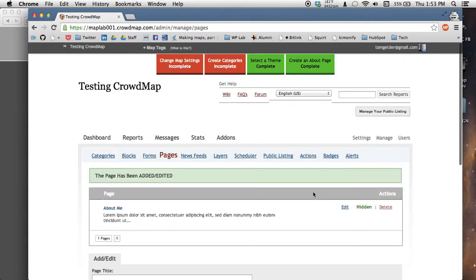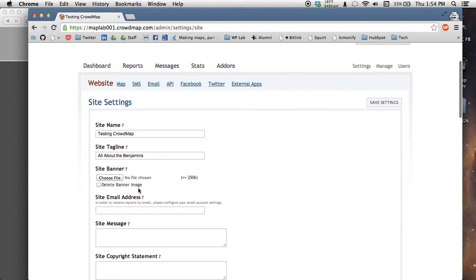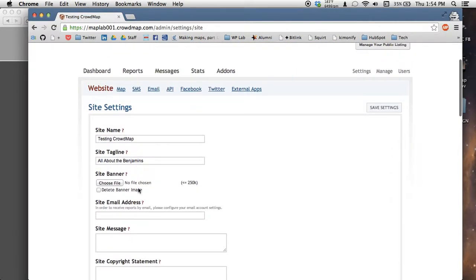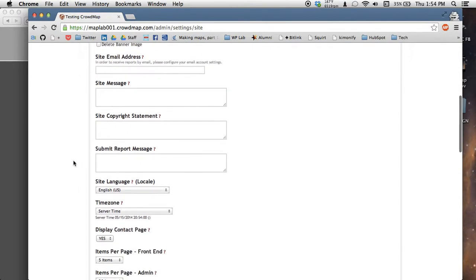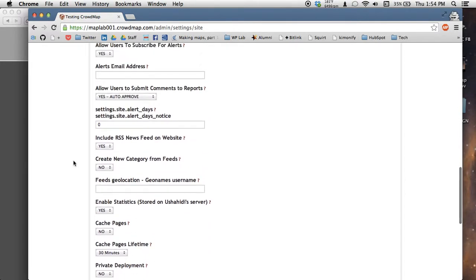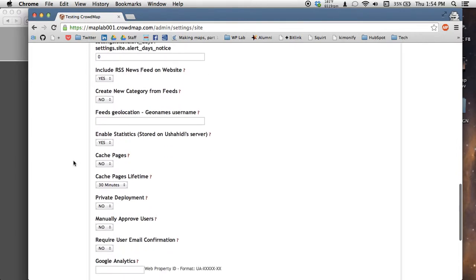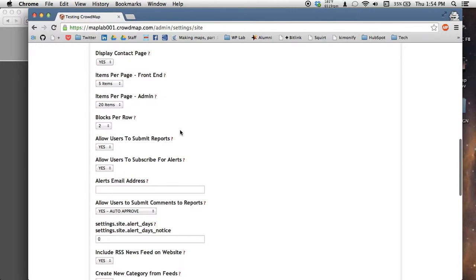So change map settings. Incomplete. For some reason, I can't click on this. That's annoying, but I know where it is. So you go to settings. Here are the site settings. When it says site, it means map. So you can do a lot of stuff to personalize it in here. But I don't really see much that we need to personalize other than probably the time setting, which is where